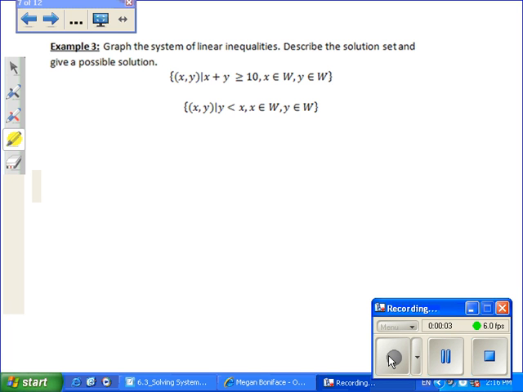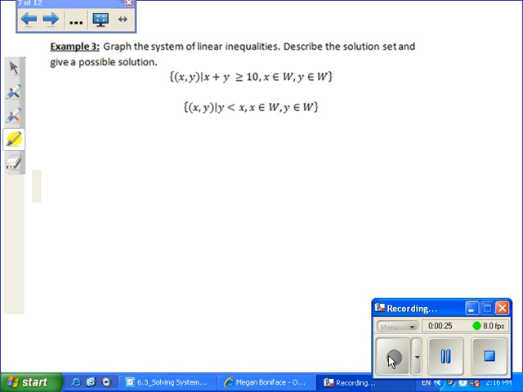Hi everyone, welcome to the last example that we're going to do here in our 6.3 notes. And this is example 3 at the bottom of your page. It says graph the system of linear inequalities, describe the solution set, and then pick one possible solution, because there will be many. When I look at this problem, I see it's a system because there are two inequalities that